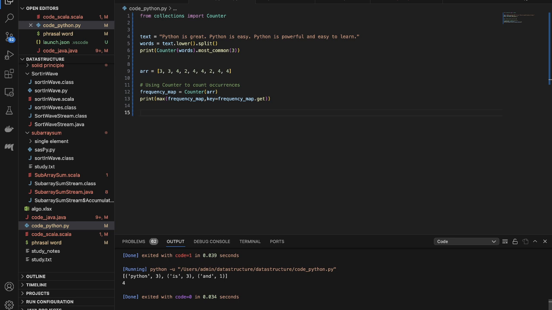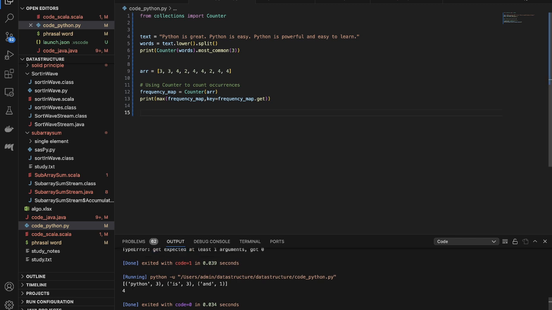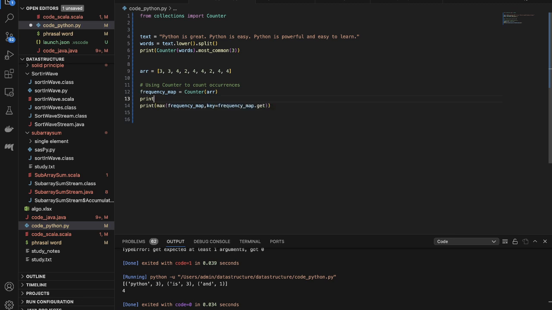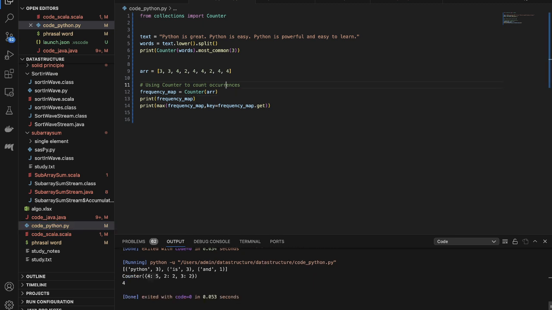The maximum element we have, if I print this frequency map, now you will see which key. Based on that key, it is going to print out the maximum. And if I want to do it from value,